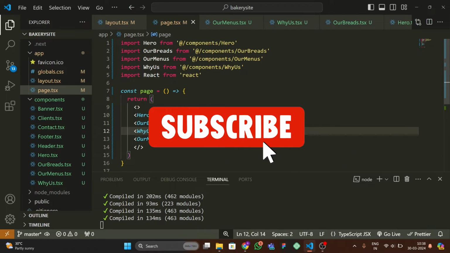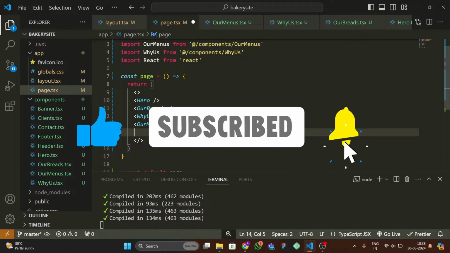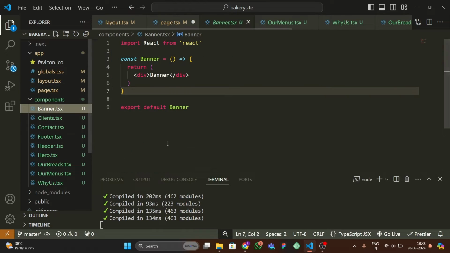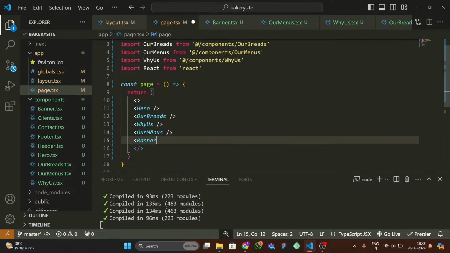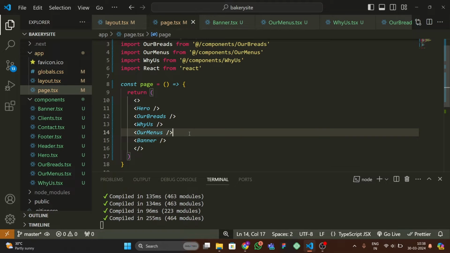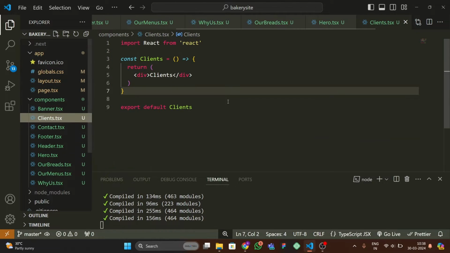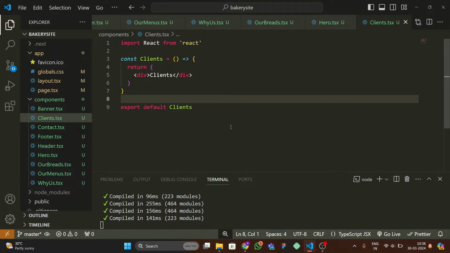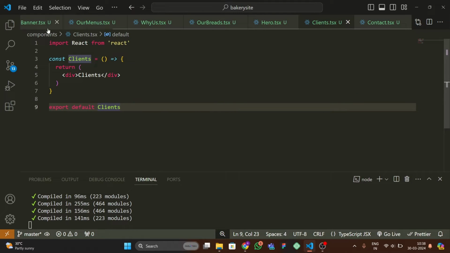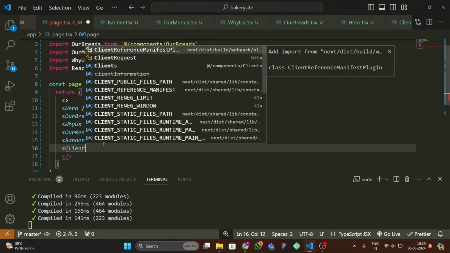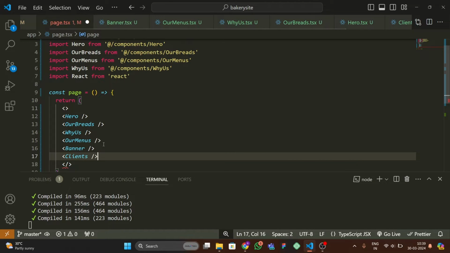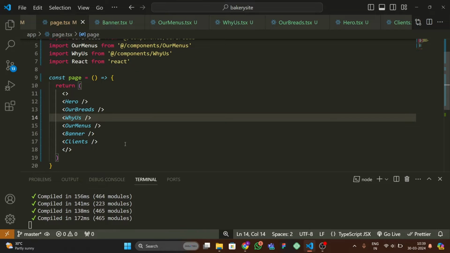Okay, so here now we have to write banner, and let's save this, and after that here we have to write banner.tsx. Okay, then after that we have to open our clients, and here we have to save this, and let's go to page.tsx, and inside this we have to write clients here. Okay, and after that only the contact section is left, so let me close all of this,